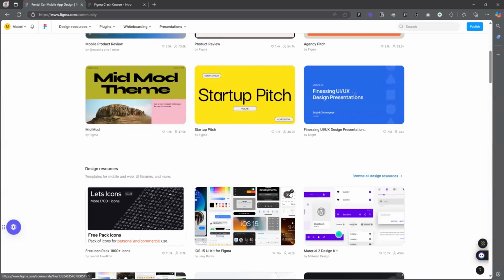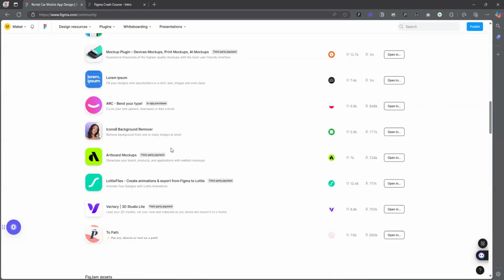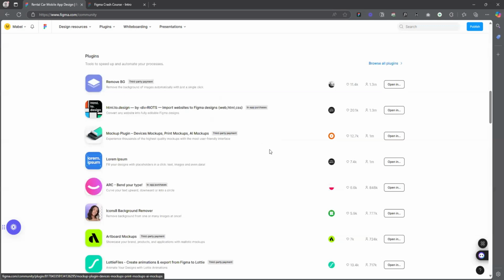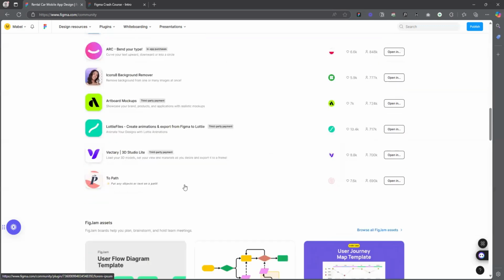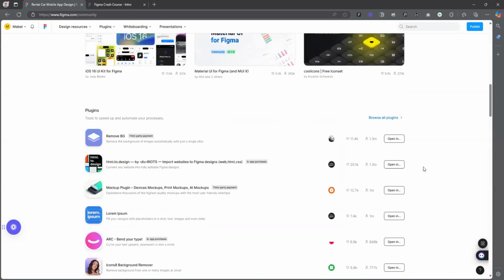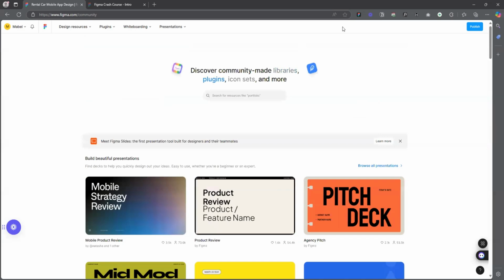There are also a lot of things like plugins. Plugins in Figma can help you to speed up your work. For example, Remove BG helps you to remove the background of your images. HTML to Design helps you to convert any website to a Figma design. Mockups helps you to create mockups of your design for presentations and all, right? So you have access to them. Lorem Ipsum helps you to generate dummy text. So that's it for the